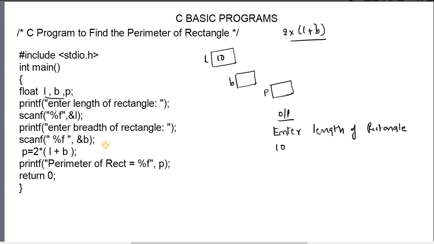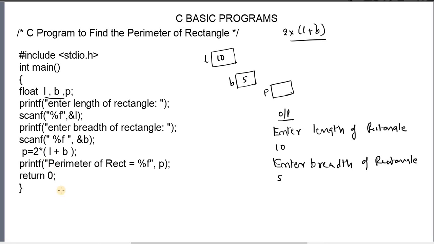Like that, the next printf will print breadth of rectangle. Again scanf is there. It waits for input. It will take one value. At that time we have to enter some value here. After we enter this, the input operation will start. The scanf will take this 5 and store it in B, because here we have given the B address.